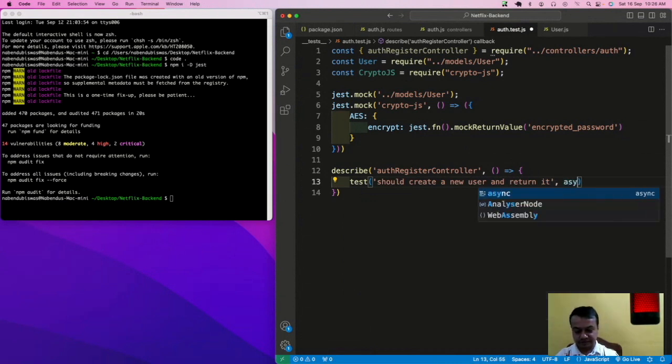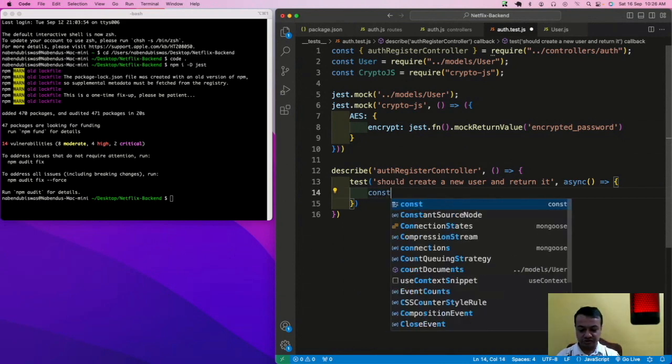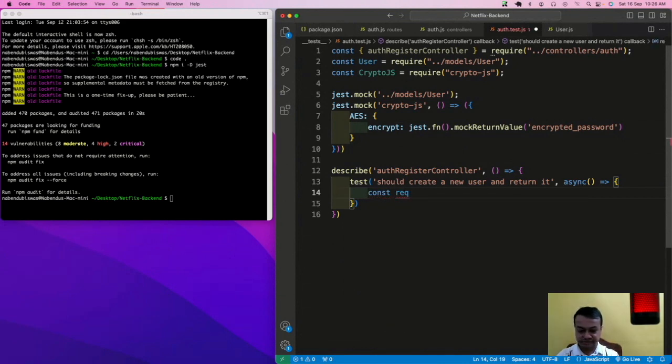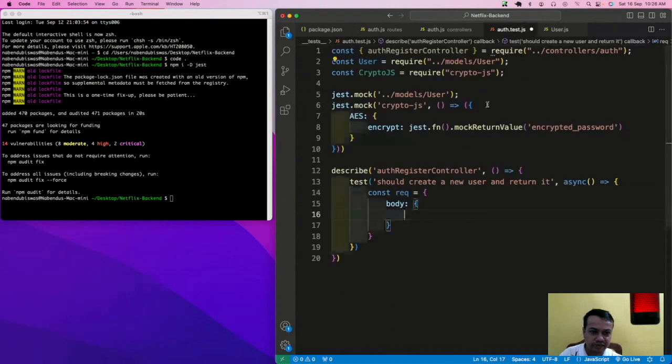Then async. So this is the test which we are writing. Then const rec equal to like this, then body. So what the body and all? So body we require the username, email, and the password. So these three things we are going to pass here. So body